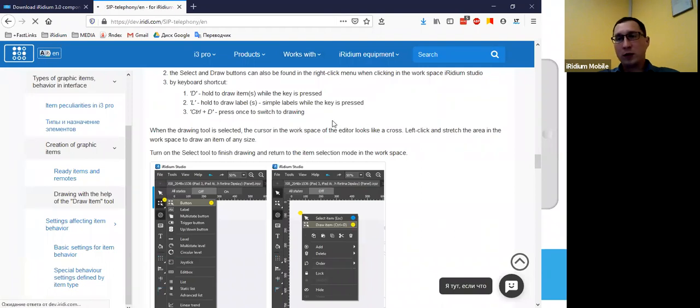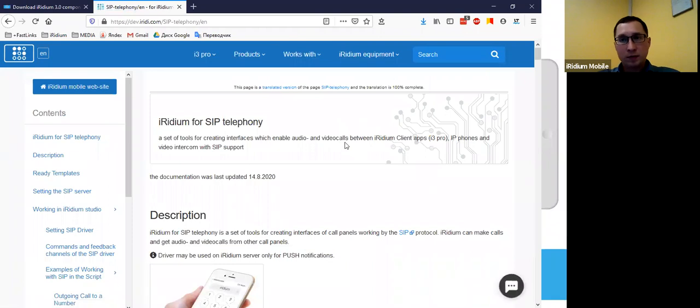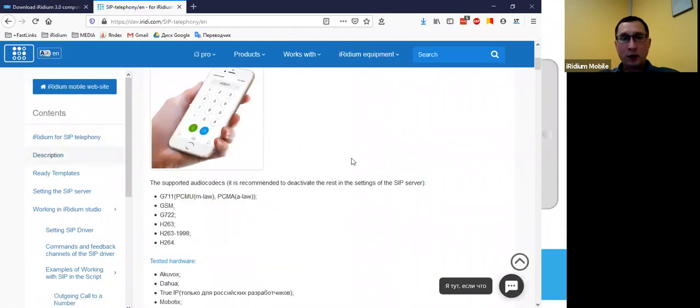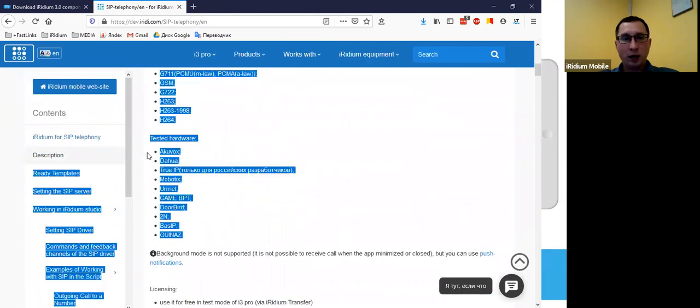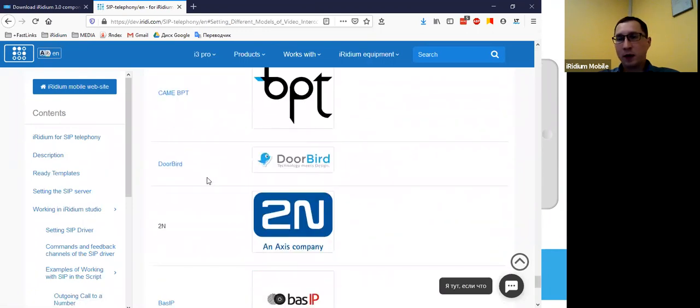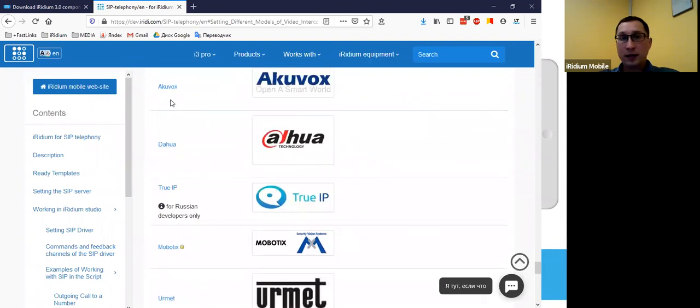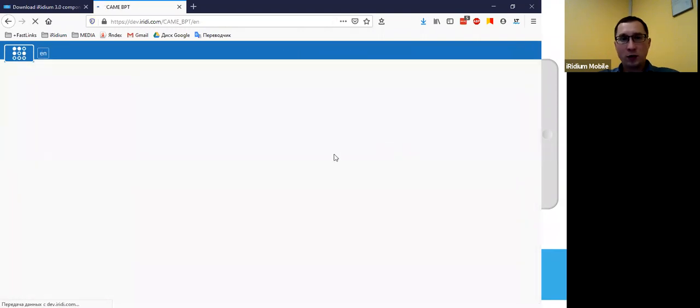We support any SIP compatible devices. And here we have a description about it. And here we have tested hardware for that. And actually, for each brand, we have some example. For example, you can use KMPPT, for example. And we have documentation for this